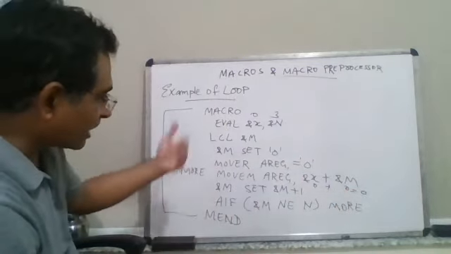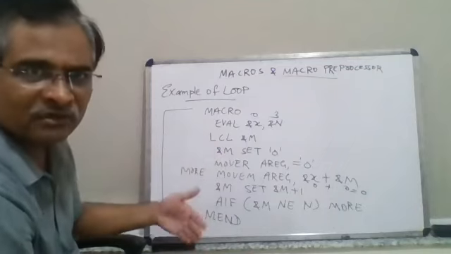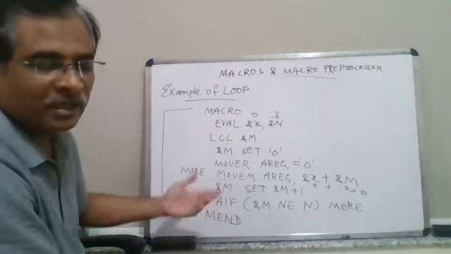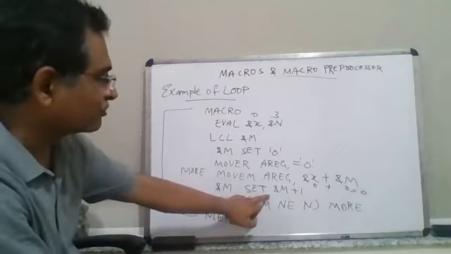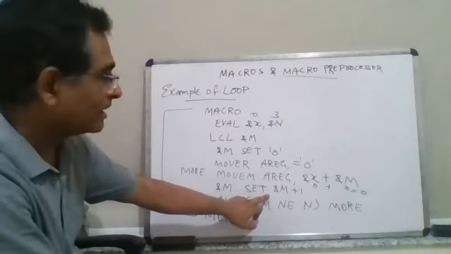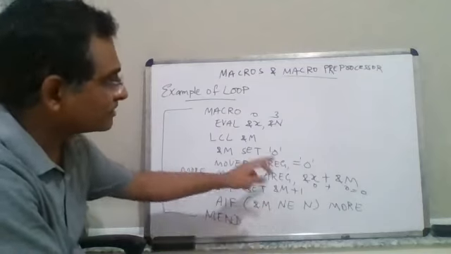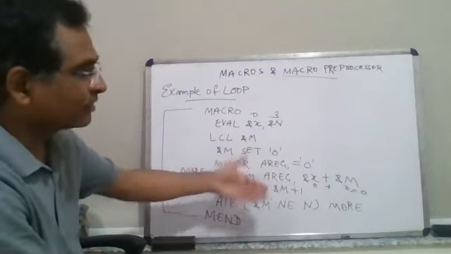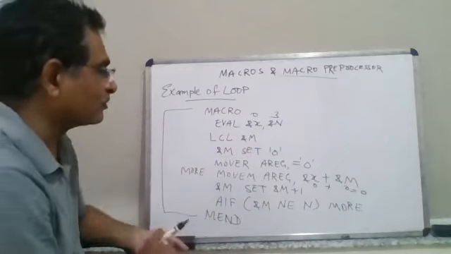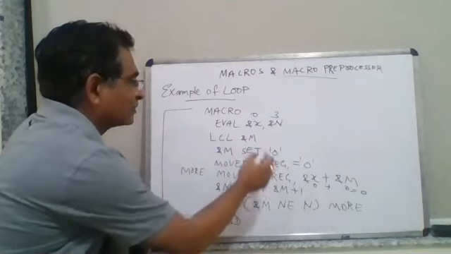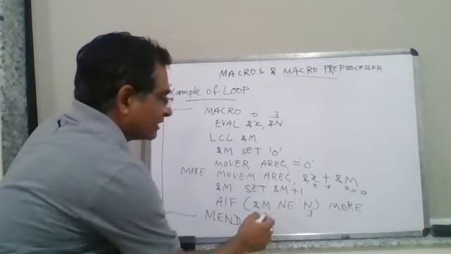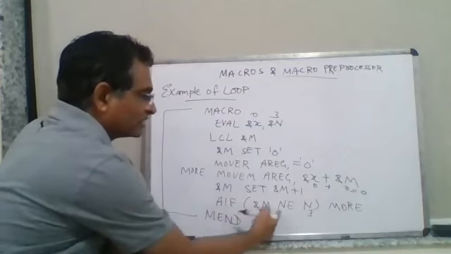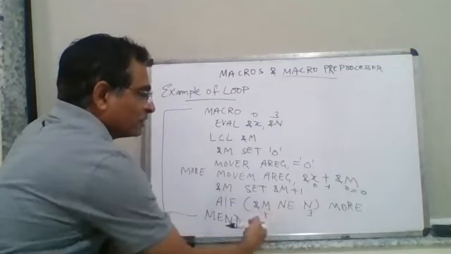There should be at least one place where the condition has to be dissatisfied. This is the place where it makes sure that the value will be incremented, and this condition makes sure that the incremented value reaches the maximum value. It will remain inside the loop for some time, and at one point it has to come out. Let's say n is actually 3, and m is initially set to 1. So m is incremented and has reached 1. 1 is not equal to 3, where N stands for not equal to.